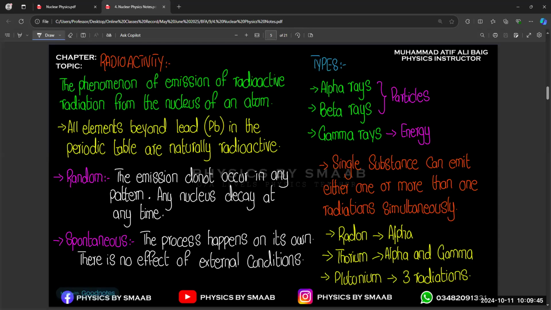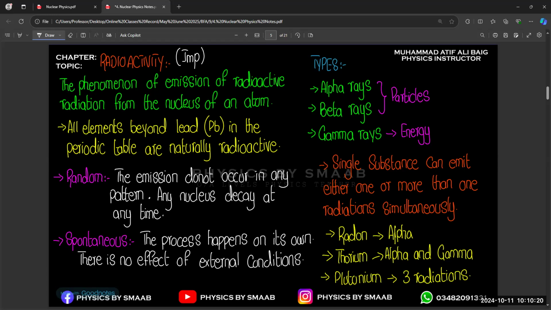Okay. Right. So, after isotopes and after ions, there is a concept of radioactivity. And this is a very important concept in this chapter. It is very important because in some questions, you observe that there is a term "radioactive element", right? That comes from radioactivity. So radioactivity is a very important term.